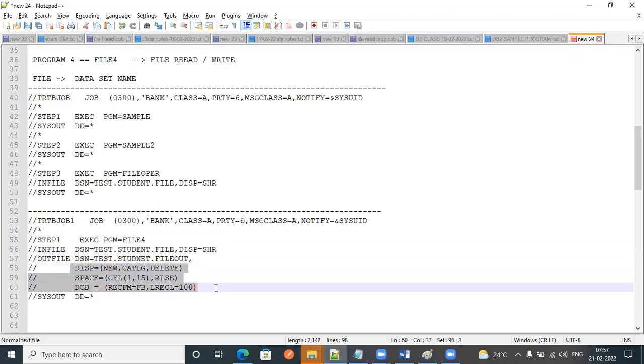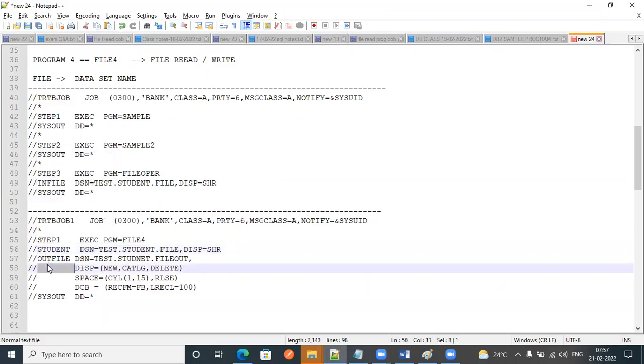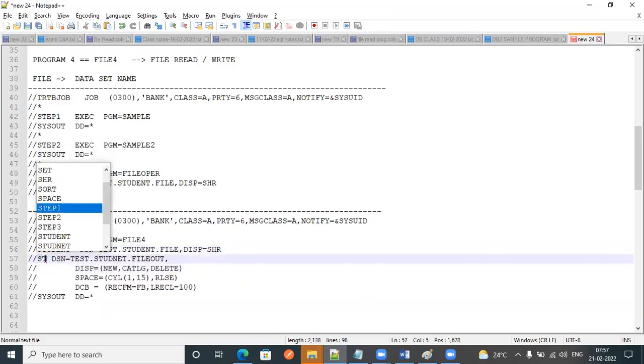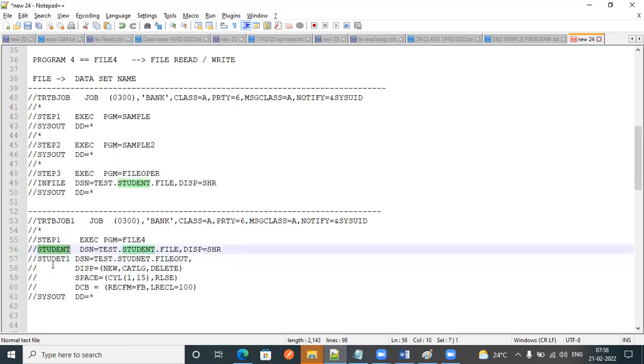So how can we decide which one is the input file and which one is the output file? Sometimes, instead of giving the in file, I'll give it as student. Here I have given student 1. These are the physical names which I have declared in our program.